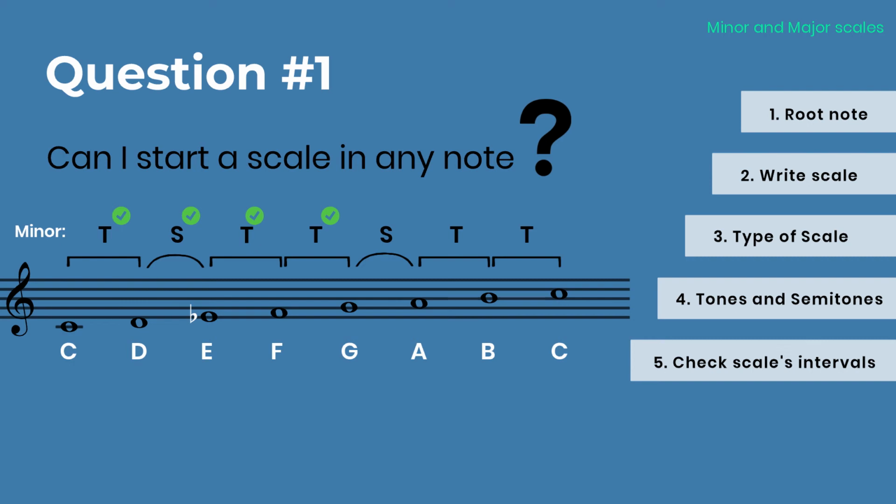The same happens from G to A. Normally it would be a whole tone, but by using a flat on the A, we adjust it to a semitone, as indicated by the minor scale pattern. The problem is that now we have a bigger interval between A flat and B, which is 1.5 step, and we must ensure that B stays a whole tone distance from A flat. So we add a flat to the B as well.